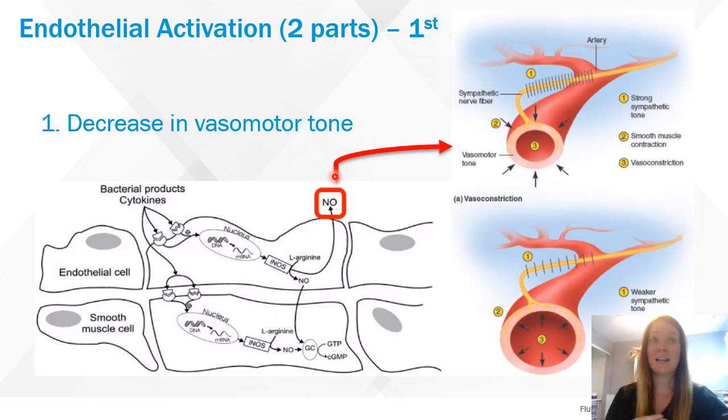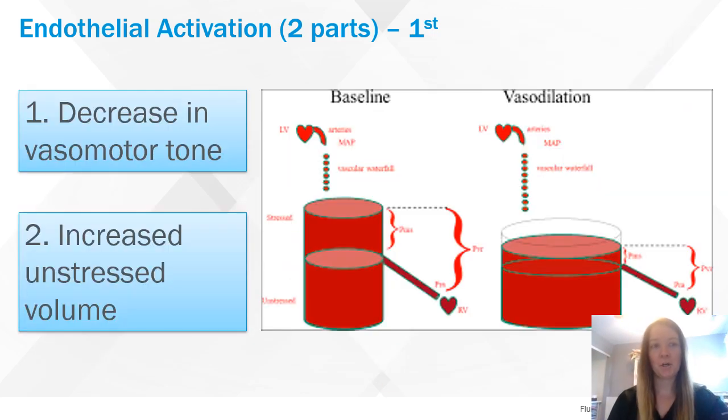causes the second part of the issue and causes vasodilation of the smooth muscles in the arterioles, which you can see this is a normal artery. And now it is dilated due to this NO. So now that we have already recognized that we have a decrease in vasomotor tone, and now because of NO, we have vasodilation of our arterioles, this causes the second part of our endothelial activation process, which is an increase